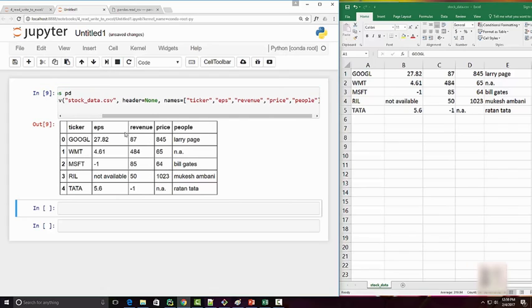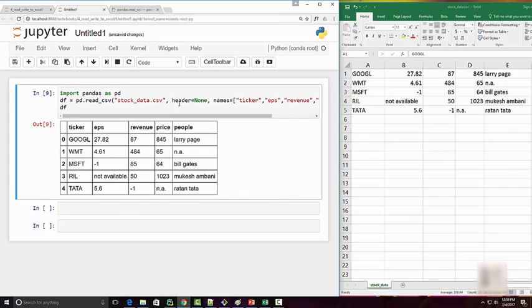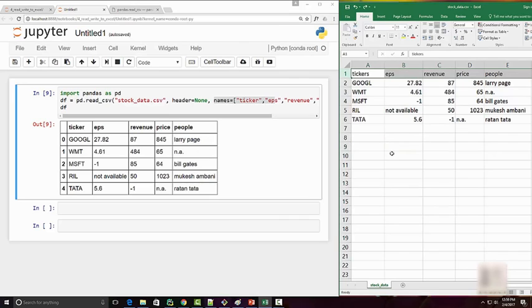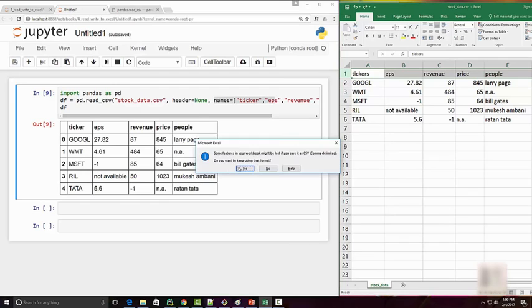When you run this, you will notice that it creates these columns. So always use header equal to None and names equal to column names whenever you have a missing header in your CSV file. Now let me revert my CSV file back to its original state,